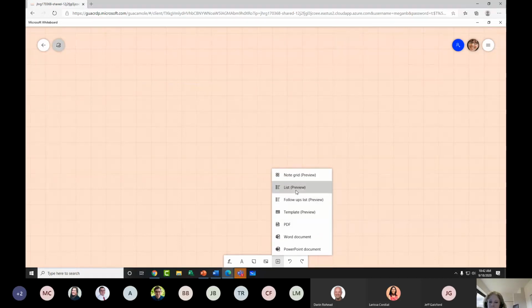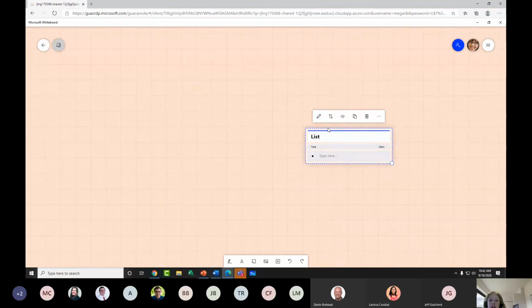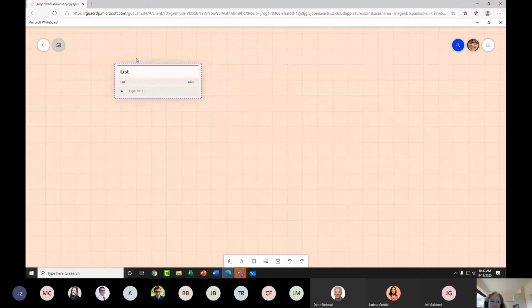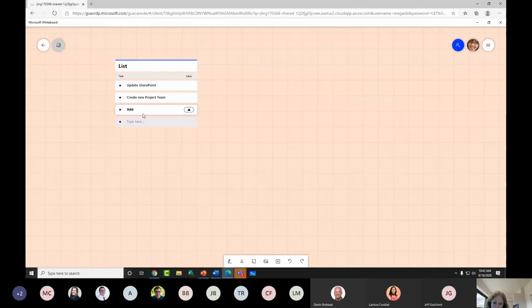And that's something that allows you to basically have a list of information inside your Whiteboard app, because how many times do we go into a meeting and whiteboard list information? So really all it is, is a fancy little text box where we can come in and actually add list items, like this is going to be the things that we're trying to get out of this meeting that we're having. And notice I can just come in. So I've got this list that I've created. And notice that if it was shared, team members can come in and actually like things in the list, right?